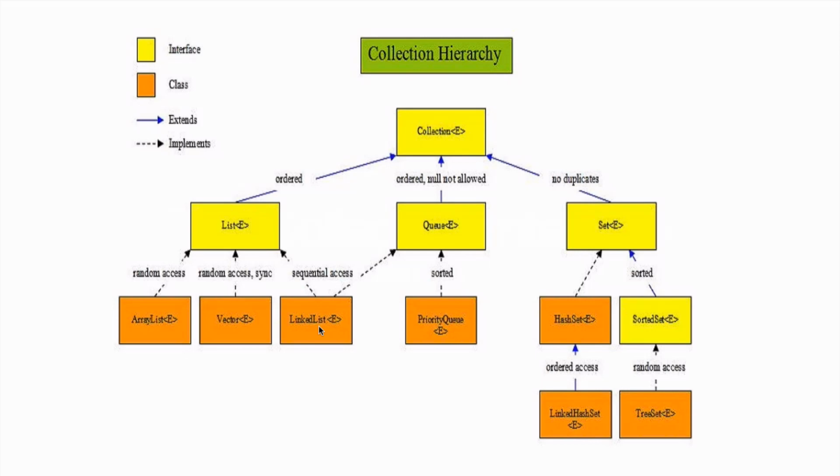Then we also have Queue, which also extends Collection. Remember, since Queue is an interface, it extends another interface. It doesn't implement another interface. That's just something to know. With Queue, we just have PriorityQueue. We also have Deque, so we're going to look at that, but it isn't shown here since this is, again, a simplified